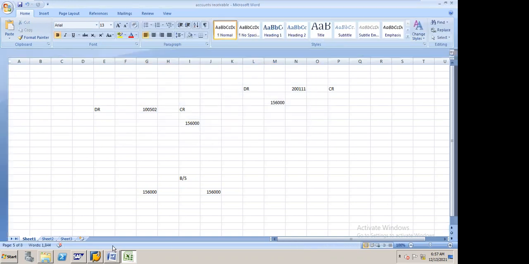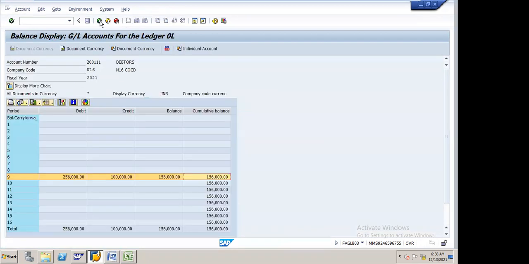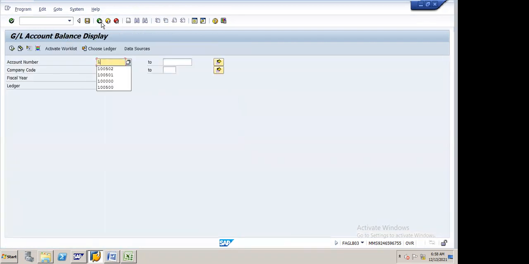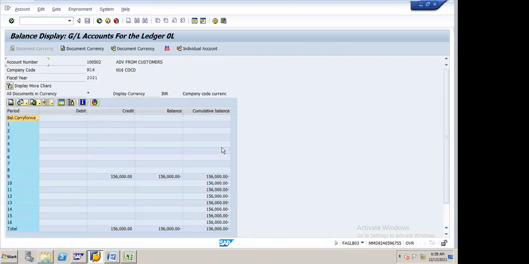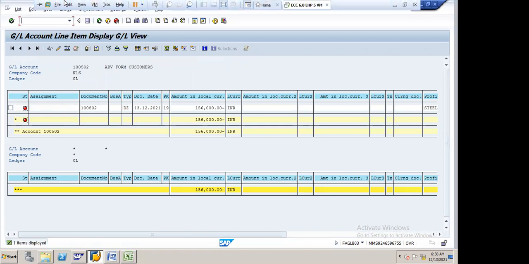Okay. So that I am going to do. So it is showing debit here. You think that yes, we have some amount receivable from the customer. When I look at this 1,502, you think that okay, still I have advance from the customer. Credit side. So we have to make these GLs 0. Okay. Now I am going to